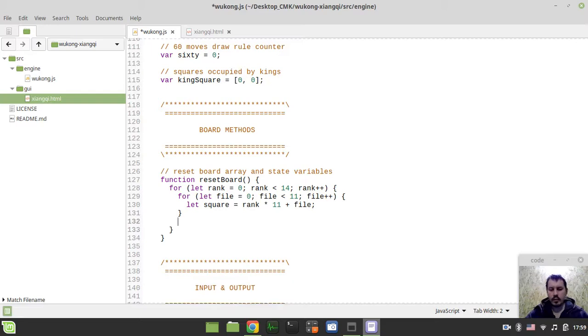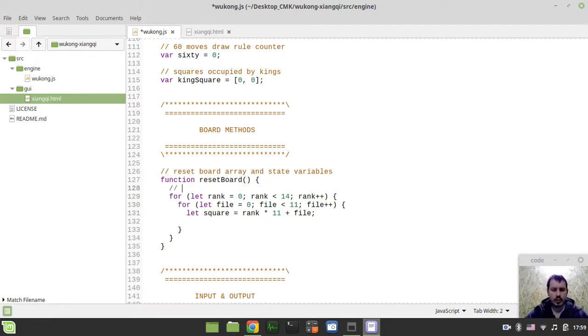I don't need this one. And here, actually to reset the board, well, here just say we reset board position. So we're looping over all the squares, all of the squares on a CNC board. So board indexed by the square should be equal to empty,